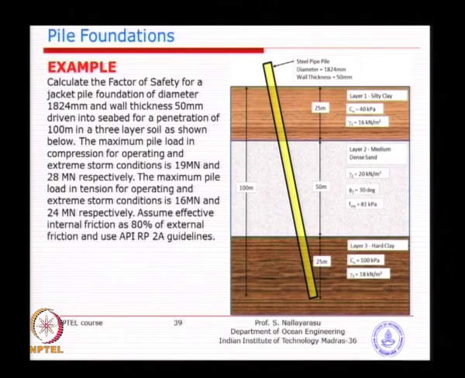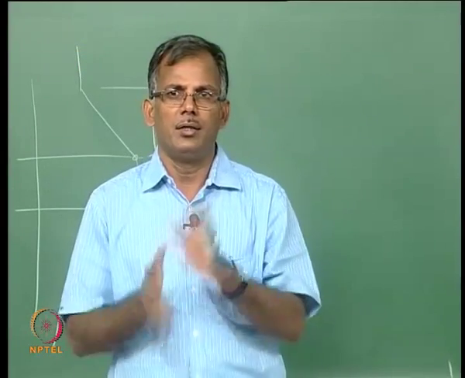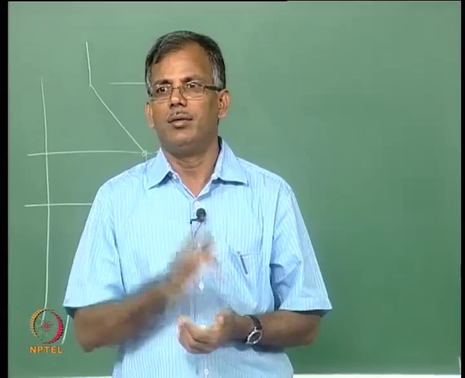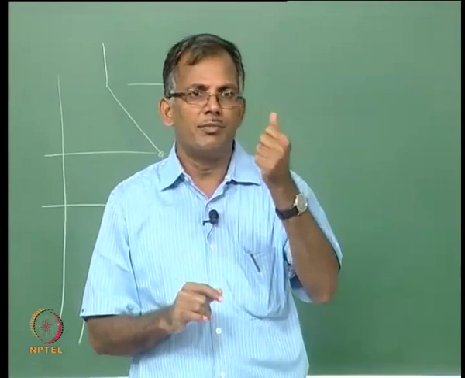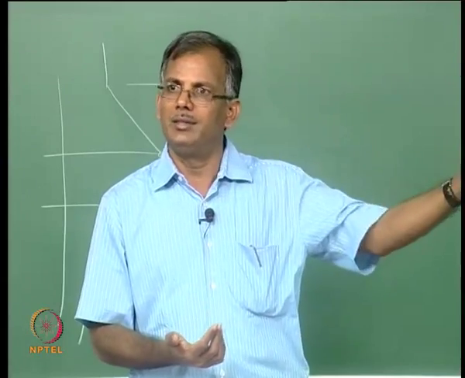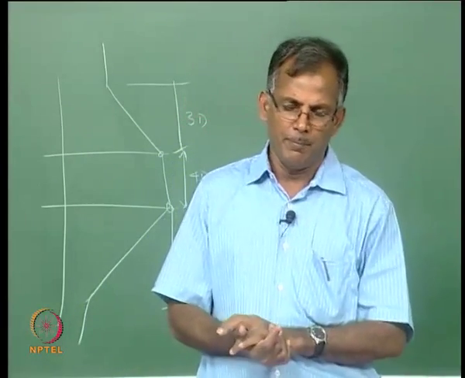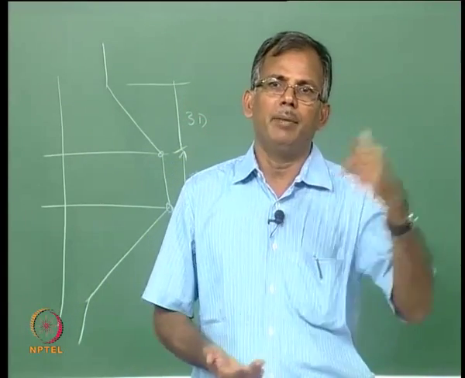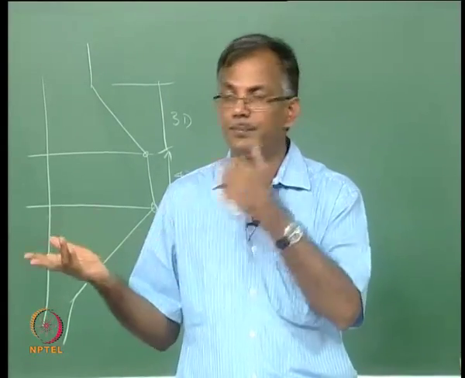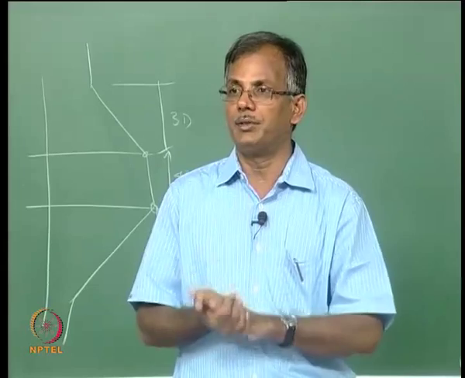We will see a quick example. I think the recap of the whole calculation is very simple, mostly geometric, I would say. Surface area multiplied by the length. What you are looking at is the skin friction resistance and end bearing resistance. For skin friction, we have two methods, alpha and beta method, very simple. And then for end bearing, empirical formulas are given in relationship with either Cu or with the overburden pressure.